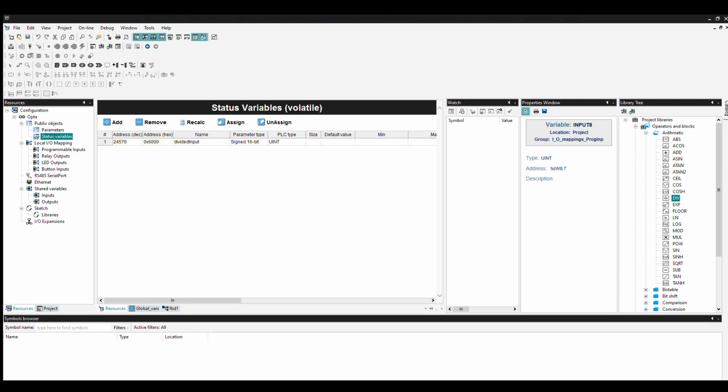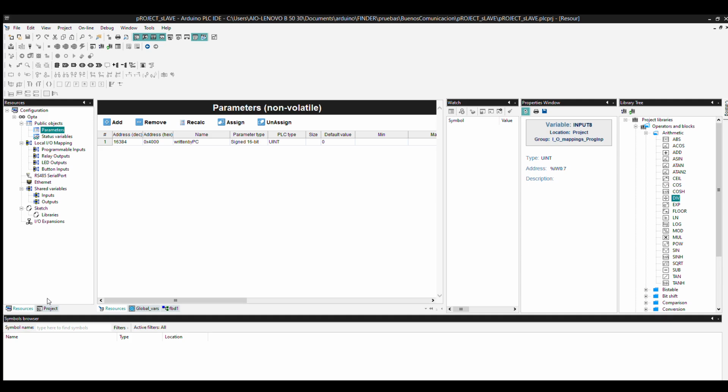The last thing that we are going to do is prepare a variable that we will write from the computer, and if this variable is larger than 300, we are going to light the output at relay number 3. So to do that, we are going to parameters. We're going to add a new one, which will be called written by PC, and it will be an unsigned integer. Okay, again we are going to need to compile this, so we do,